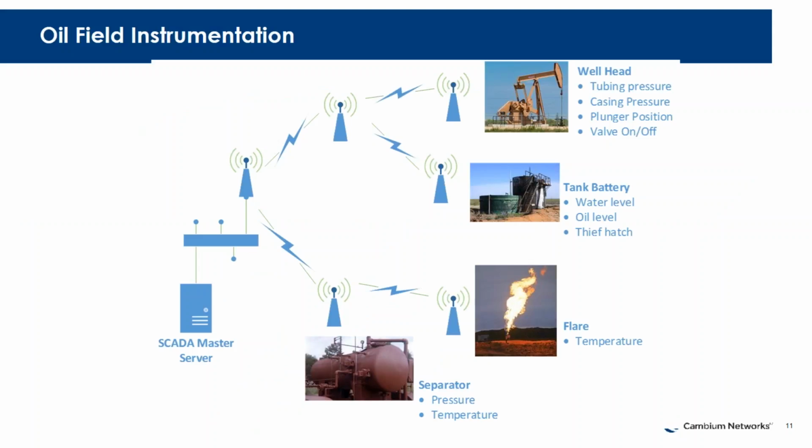This example shows how these different points might be connected in an IIoT oil field. So this starts to give you a little more of a visual on how that network could work. What you see are transmitters, with the little lightning bolts in between representing our wireless communications. What I'm connecting up here is a bunch of sensors that are out in the field. You can see that tank battery has a water level and an oil level. I've got a flare that's burning off excess gas, and I've got a temperature sensor on it.